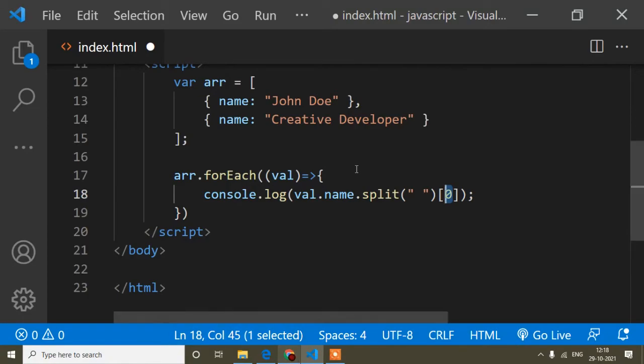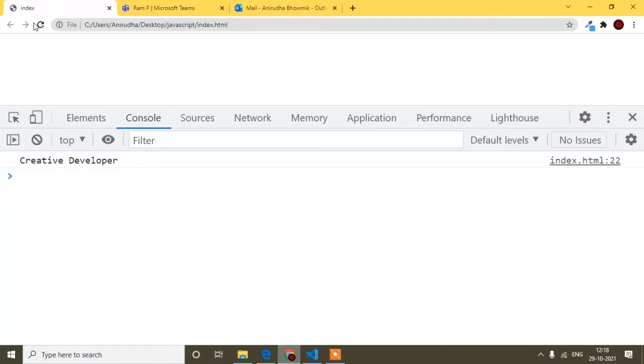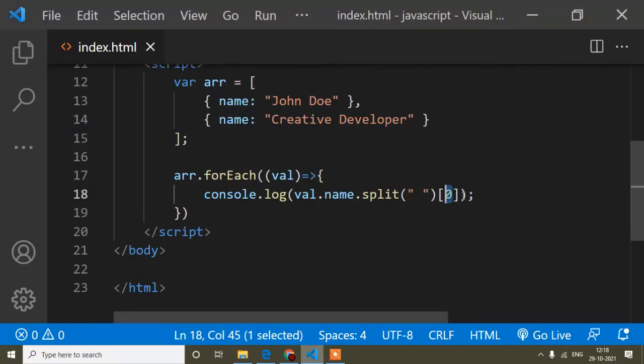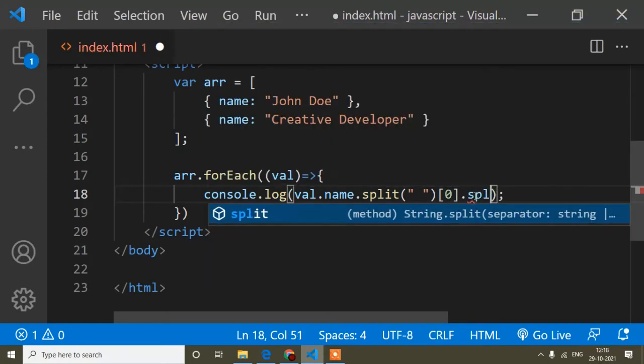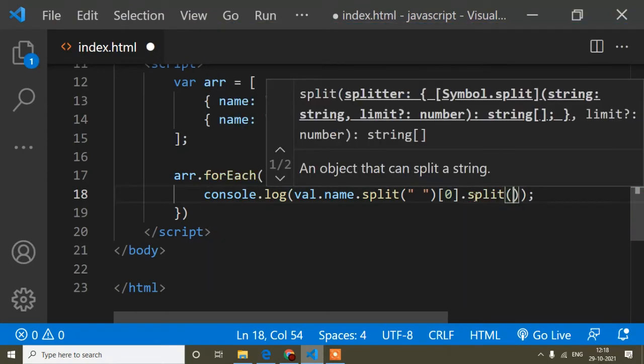If I write this, you will find I get only the first one. Now here again I have to create an array, so I will write the split method again, like this.